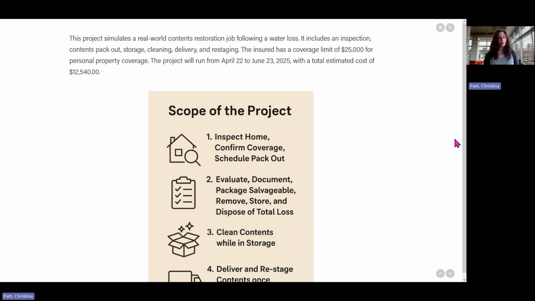You have the inspection of the home. Now, the inspection of the home is going to have a project manager go to the home, and they're going to confirm coverage, scope of work, and what needs to happen. Now, in our scenario, this insured has an insurance claim with a limit of $25,000. We received the claim on April 22nd, and based on our project, we expect to be done by June 23rd, with an estimated total cost of